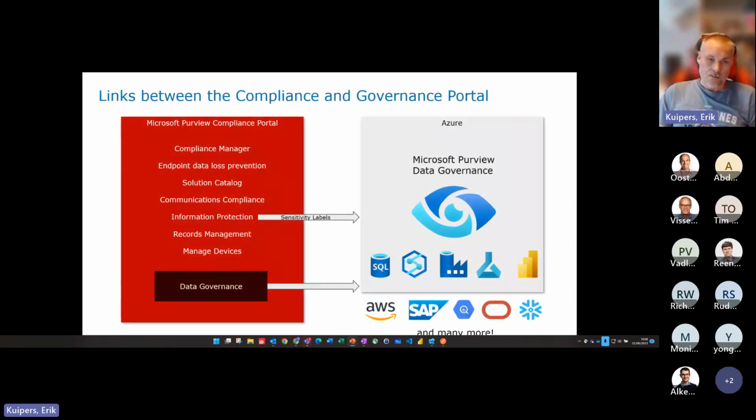Okay, if you look at the different portals, there is some overlap or some integration, and that's mainly in the information protection part, and that's the sensitivity labels. So that's the sensitivity of your data. Is it confidential? Is it public data? Is it organizational data? Does it have IP, so intellectual property protected data? Then you can define these labels in information protection in the compliance portal, and you can use them in the